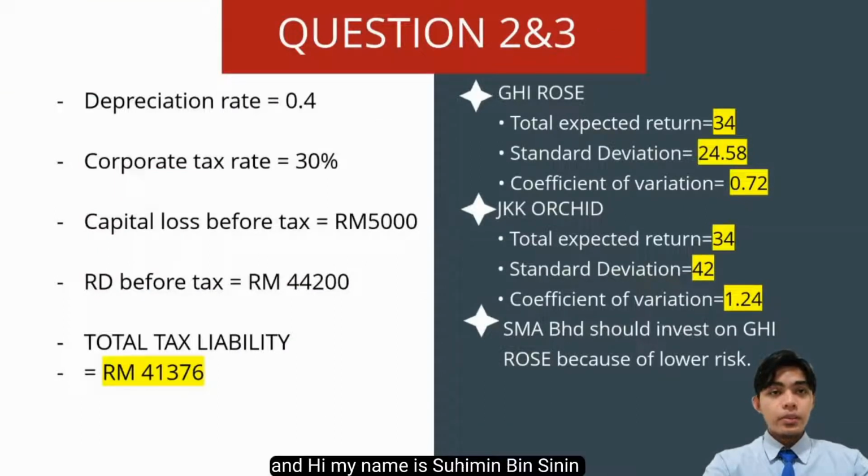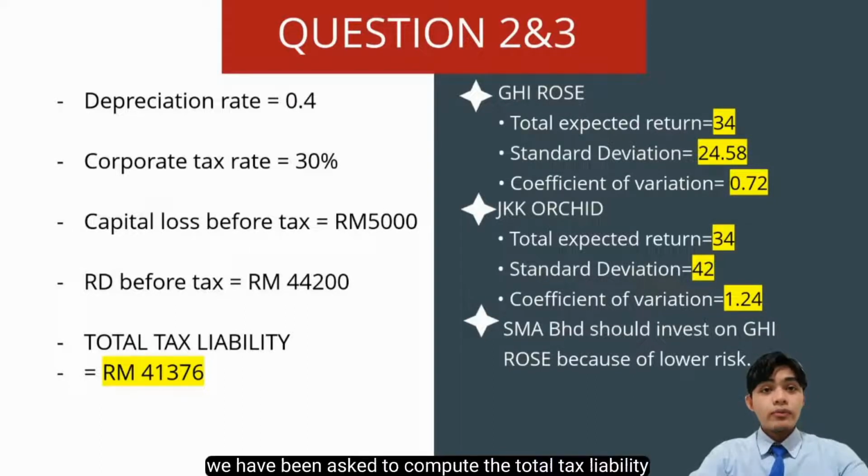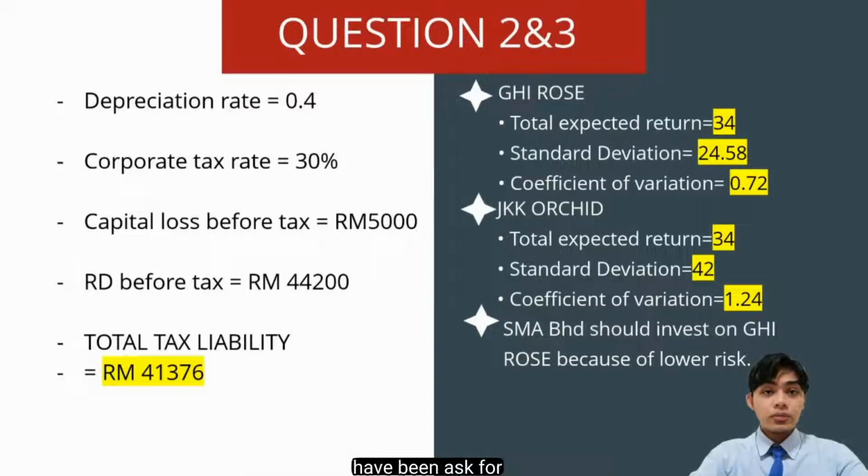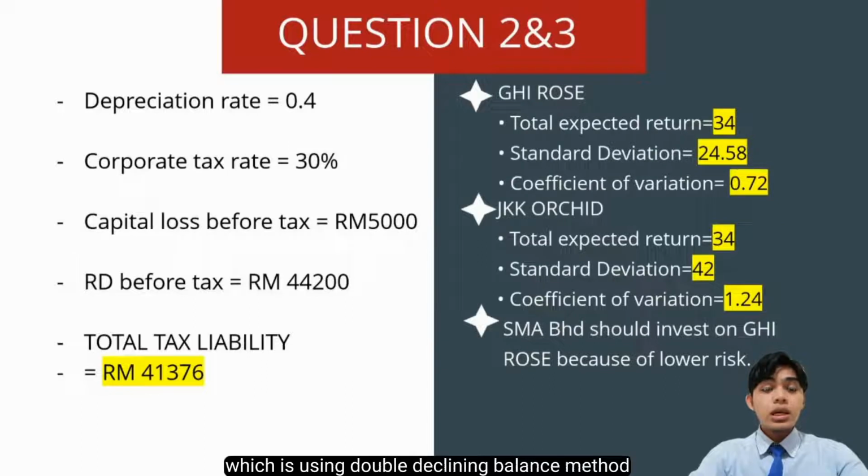Assalamualaikum and hi, my name is Suhimin bin Zinin and today I will talk about question 2 and question 3. In question 2, we have been asked to compute the total tax liability for the current year for the Coffee Latte Corporation by applying chapter 2 that we have already learned, using the method that the question asked for, which is the double declining balance method. We can summarize that the total tax liability for the current year for the Coffee Latte Corporation is 41,376